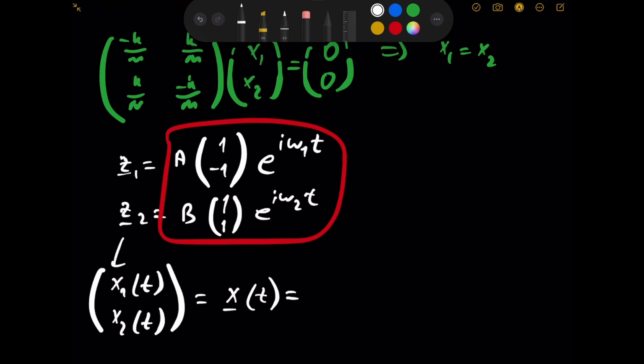But basically the general solution is going to be a linear combination of both of them. And we're going to be taking the real part of this. And we have e to the power of i something, right? And we know Euler's identity that e to the power of i theta is cosine of theta plus i sine of theta. So it's a linear combination of cosines and sines. So at the end of the day, we will basically have